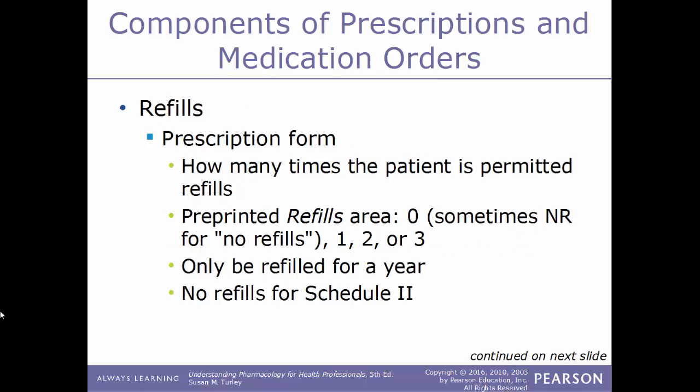When it comes to the number of refills on the prescription form, this indicates how many times the patient is permitted to refill that particular prescription at that frequency, at that dosage. And you'll find a pre-printed area that says refills, followed by numbers 0, 1, 2, 3, and so on. Sometimes you'll see the letters NR for no refill. And these are only good for 1 year for most drugs, but there are no refills available for Schedule II